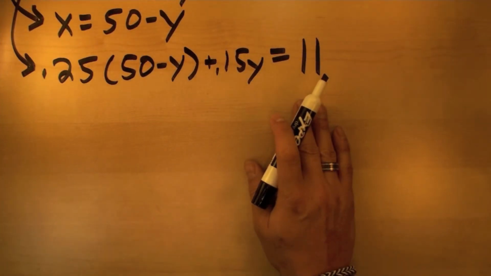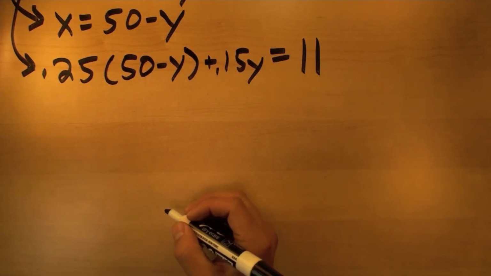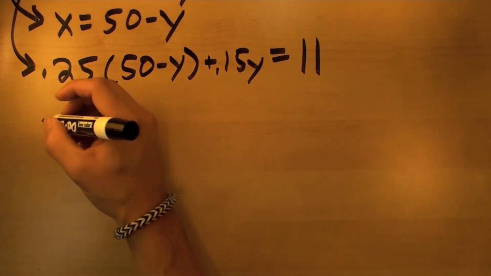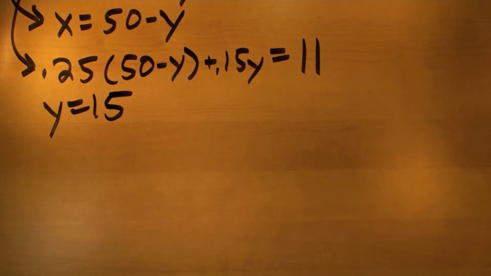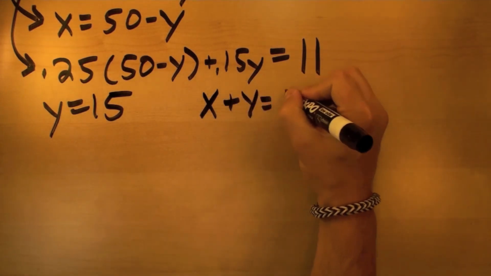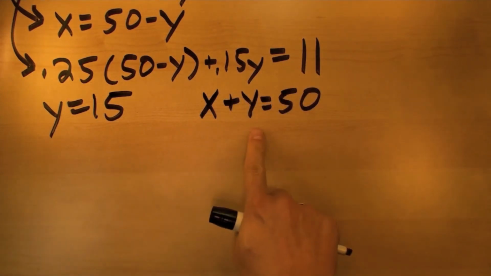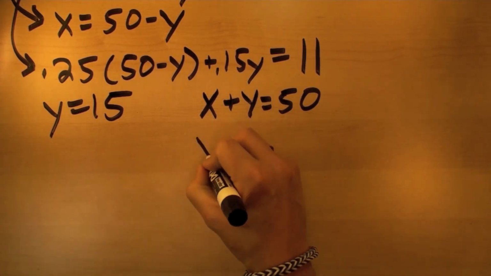Again, at this point we should be able to solve one equation for one variable, but the details are listed below on the webpage. So we solve this and we get down to the point where we see that y is equal to 15. And going back to our original equation of x plus y equals 50, well, once we know that y is equal to 15, then that means x is going to have to be 35,